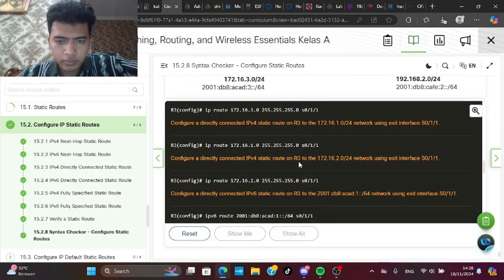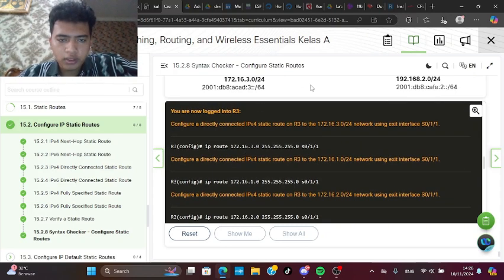Yes, to router 2, which we can see this serial here. Oh no, I'm sorry. So we create a route to router 1 using the serial of router 2 connection,